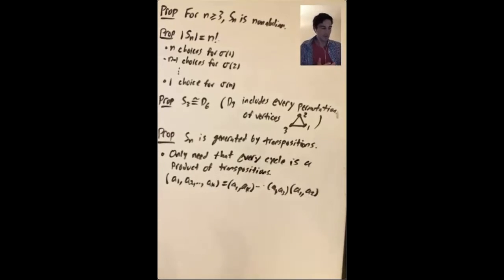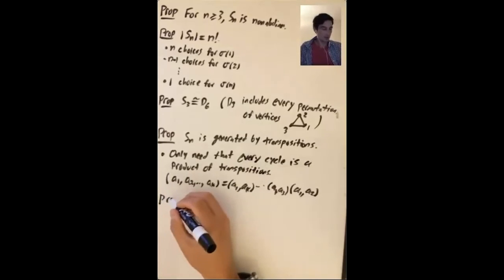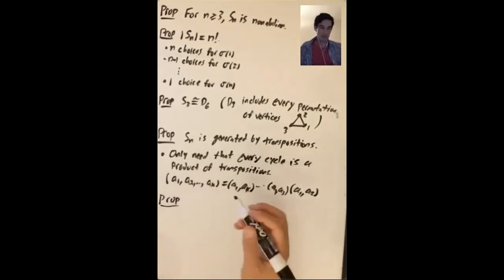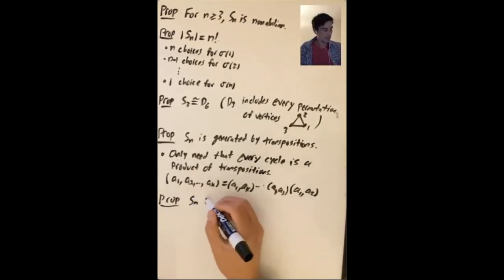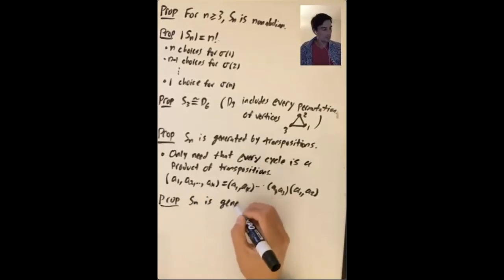Okay, so that's maybe not so enlightening, but I'm trying to explain to you how I think about seeing that this fact is true by moving elements one at a time. Something stronger is true. Not only is it true that Sn is generated by transpositions, but Sn is generated by a special subset of transpositions